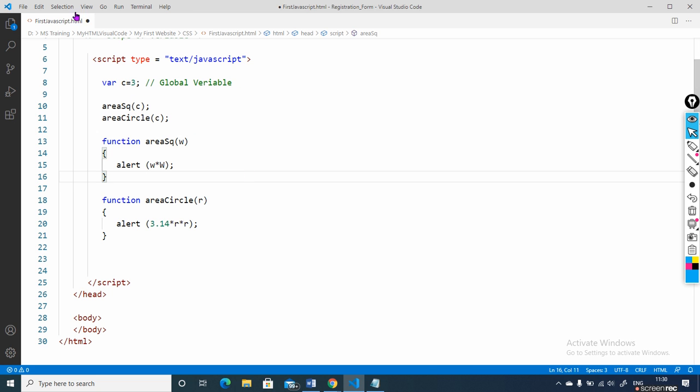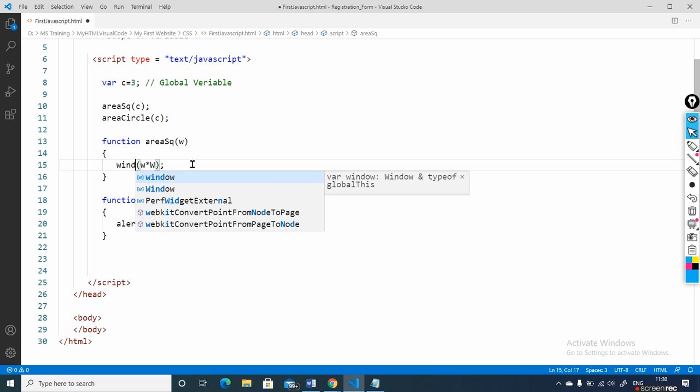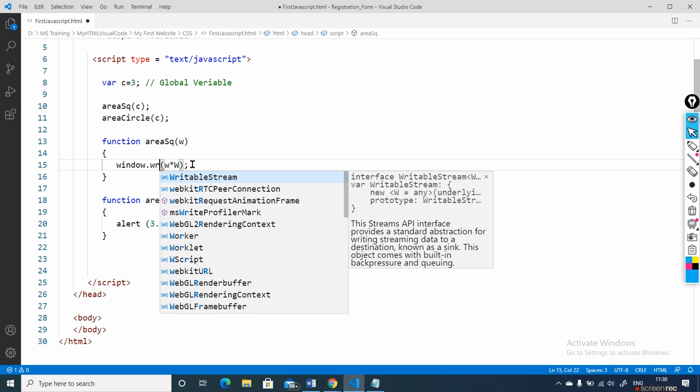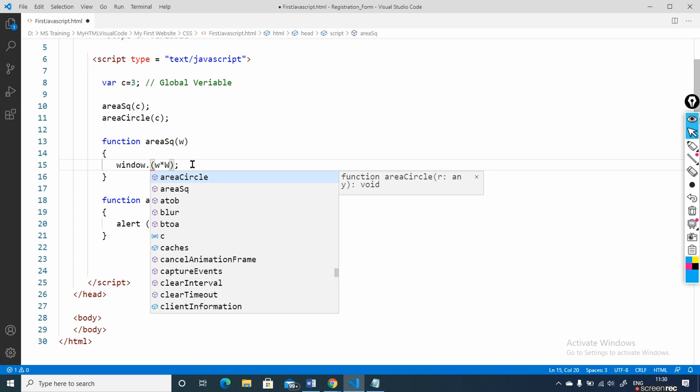Now I will show you the output. Now I display the output in alert. If you want it on a screen, you can set it as window dot, what is window dot, what is that, anyone can tell me? Window dot,